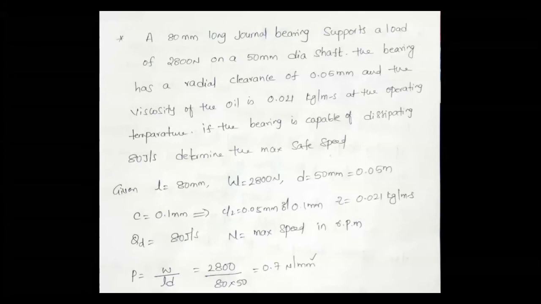I already told you that for every given problem, you should start with the bearing pressure. So write down the formula for bearing pressure: P equals W by L into D. Every time, first write down the formula, then from the formula note down each and every parameter, whether it is known or unknown. That is the basic solving technique for any problem. Write down the given data, write down the formula first.